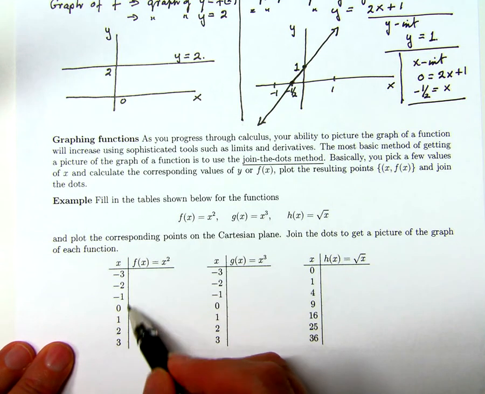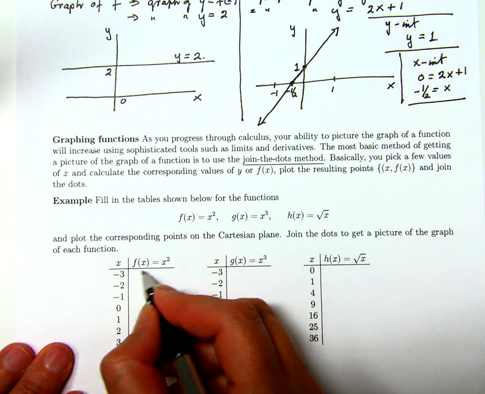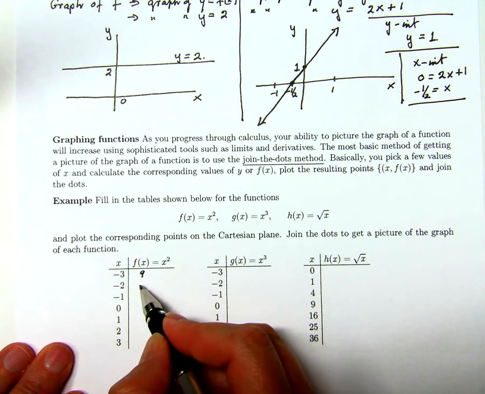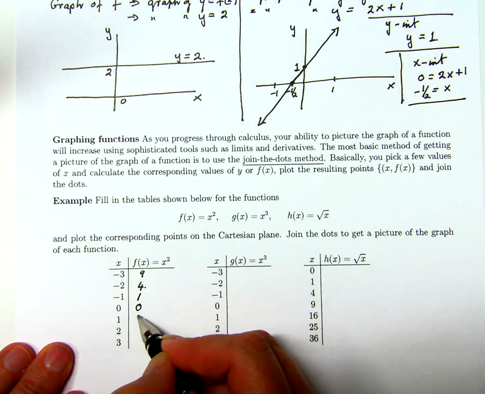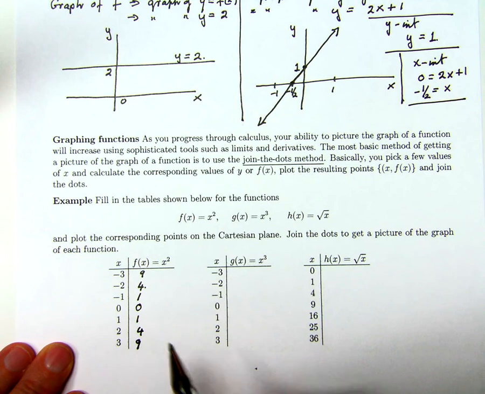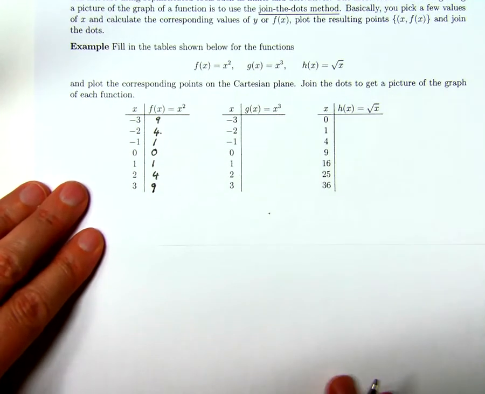We pick a few points around the origin. When x is minus 3, f of x is minus 3 squared, which is 9. When x is minus 2, f of x is minus 2 squared, which is 4. Minus 1, f of x is 1. f of 0 is 0. f of 1 is 1. f of 2 is 4. And f of 3 is 9. And now we can draw a picture of these dots